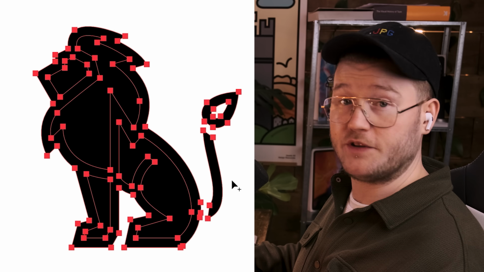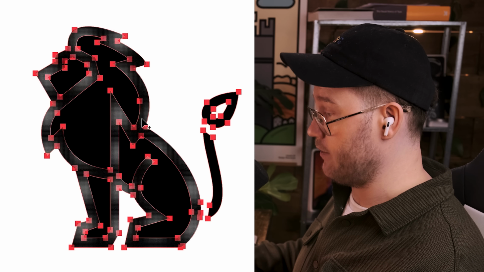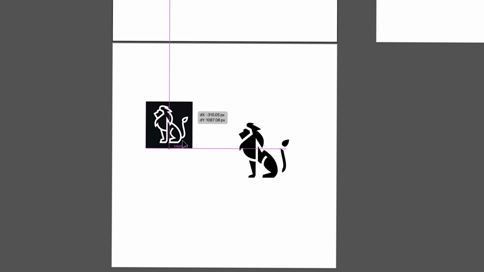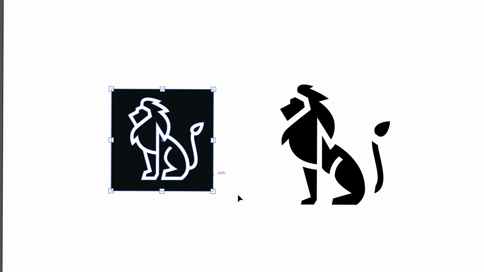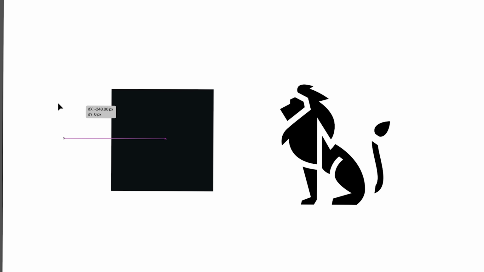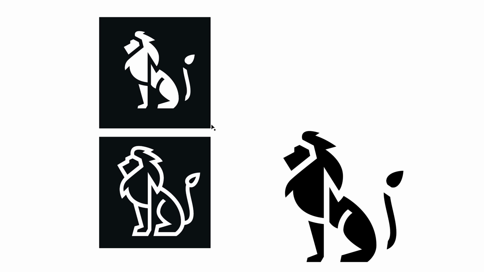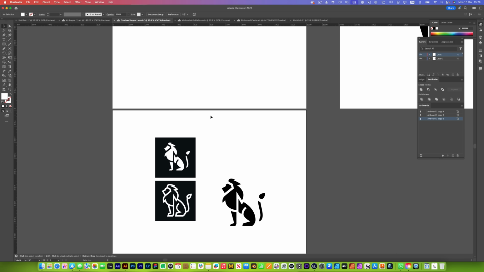Easy. Then what we do is, for the outside part, the bit that was black before, we're going to delete that. And with a bit of editing, we get a much better representation of what the lion should be in negative space. And with a bit of moving magic, you can notice that the lion now has the proper inversion, so it looks correct. It's not just a white logo, but it looks correct on a black background